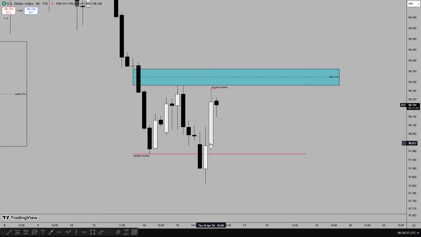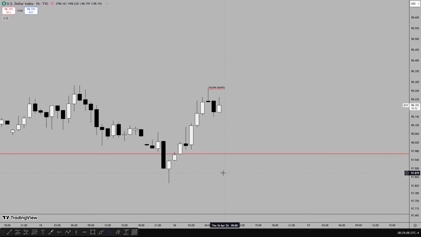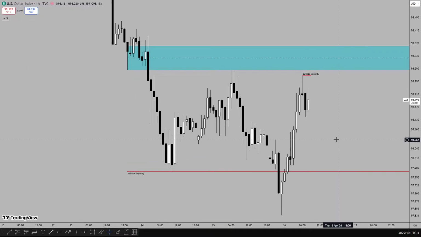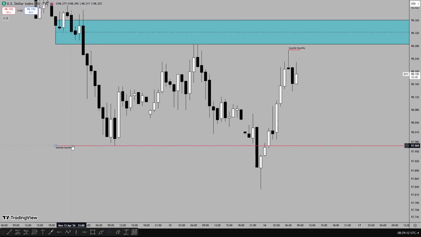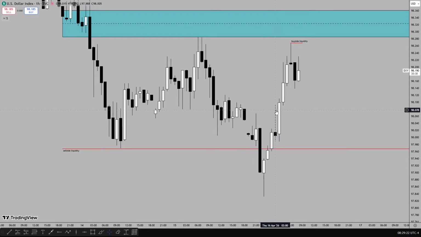If I were to be anticipating higher prices, I need to see a 1 hour trend aligning itself with this idea before actually taking a setup. So moving to the 1 hour time frame. After the run on the sell side liquidity, shift in structure. Now this is the closing price of the 2 a.m. candle. There is a shift in structure in price, taking out this high. And looking at this candle, clearly you can fully identify this candle as an order block.